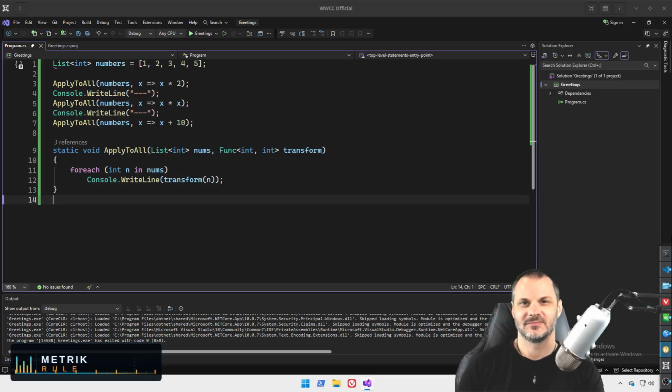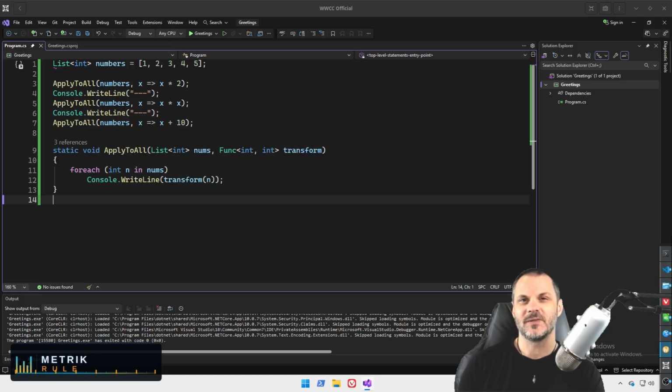Trips people up? Why do you always sound like a sinister DM before a boss fight? What's next? Closures. When a lambda references a variable from the surrounding code, it captures that variable. Not a copy of the value, the actual variable. If the variable changes, the lambda sees the new value. Wait, so the lambda has a memory of where it came from? It's like a ghost that haunts the scope it was born in. Yes. Write the threshold example.